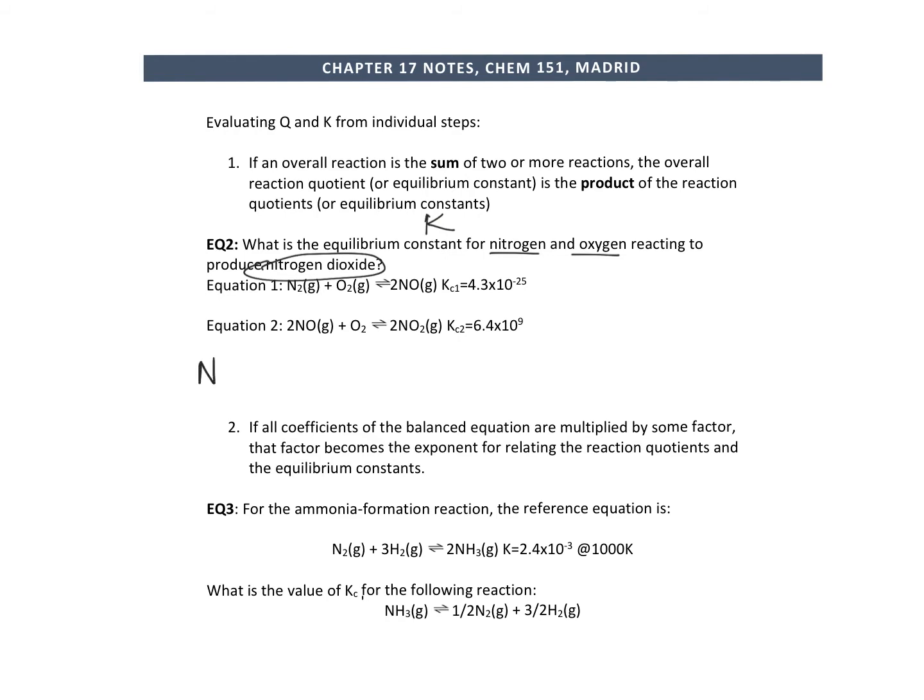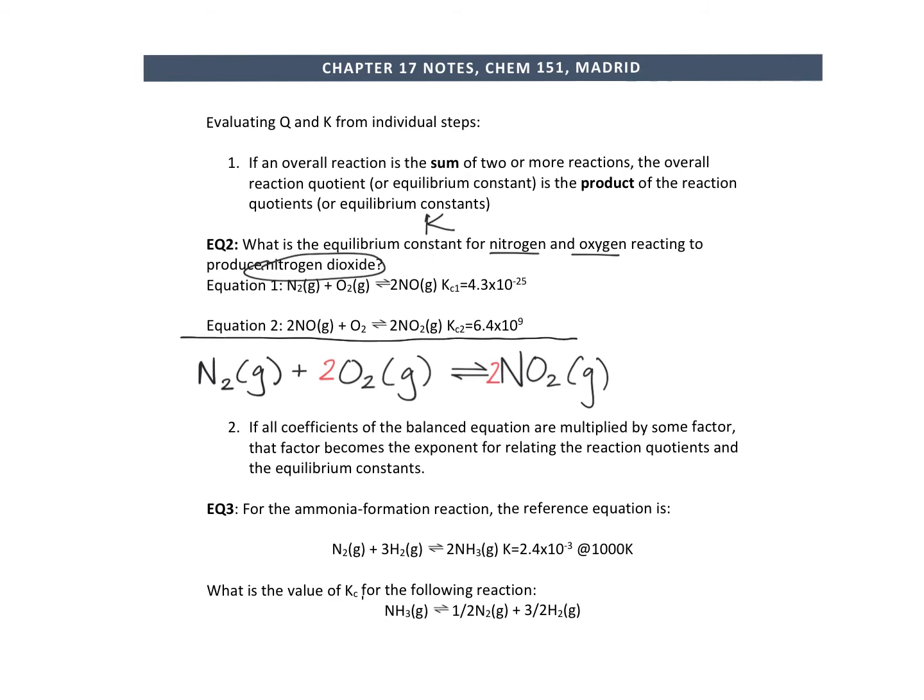So if I have nitrogen that's N2, it's diatomic. It exists as a gas. And I'm adding it to oxygen. And that's going to create nitrogen dioxide gas. And then if I want to balance this equation, I would have a 2 here and a 2 here. Great. So the reason that these two equations are given is because if I take these two and I